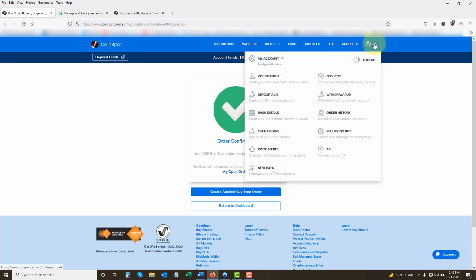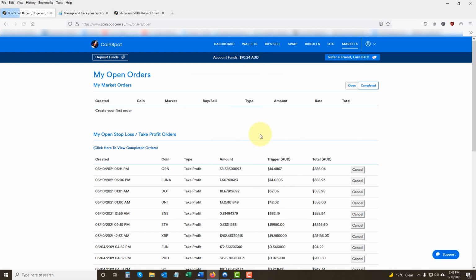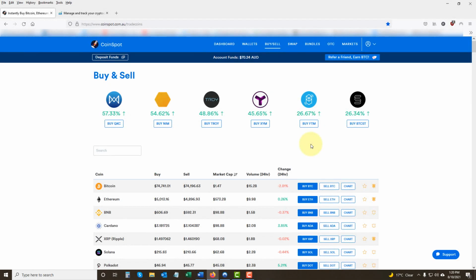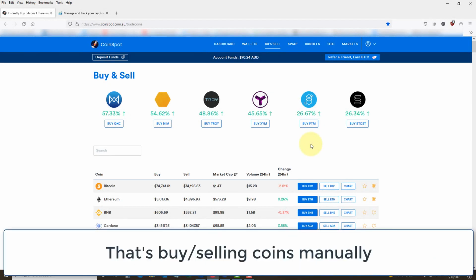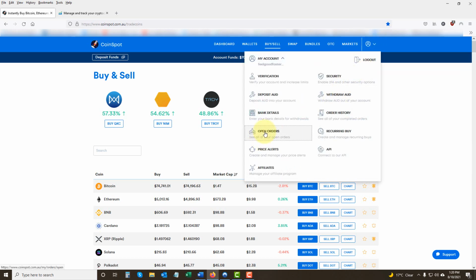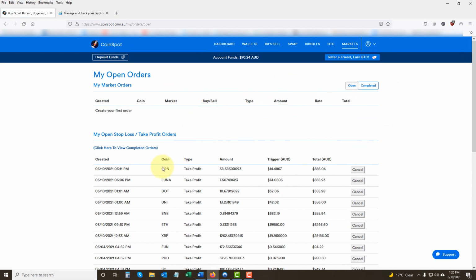And then again up here to your open orders, and it'll be sitting down here at the bottom. If you try and buy and sell coins and they won't go through and you'll get some kind of error message up here, it's because your coins and all your money is already tied up in other buy orders and sell orders. So for example, if I come up here to open orders, and let's say I wake up in the morning and I notice that my Orion coins are going absolutely ballistic, and I suddenly decide I want to